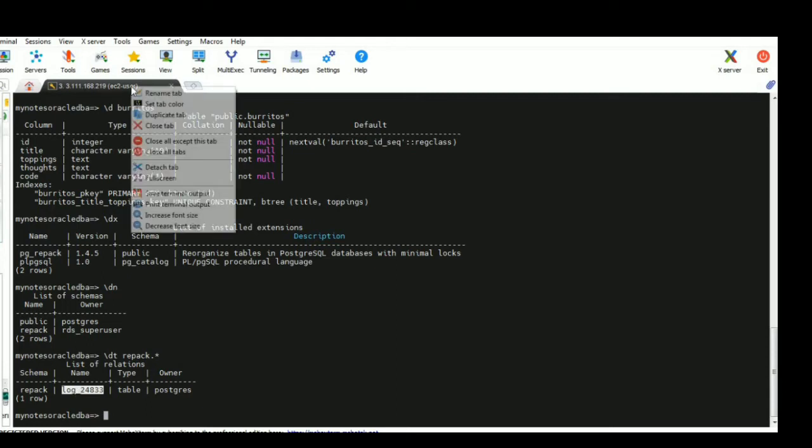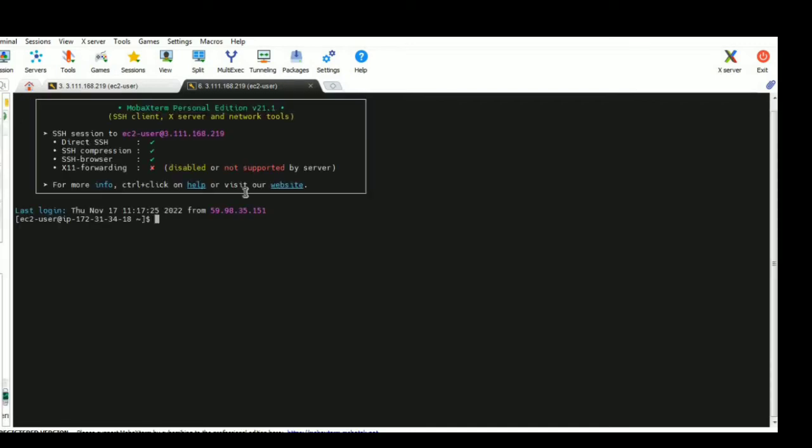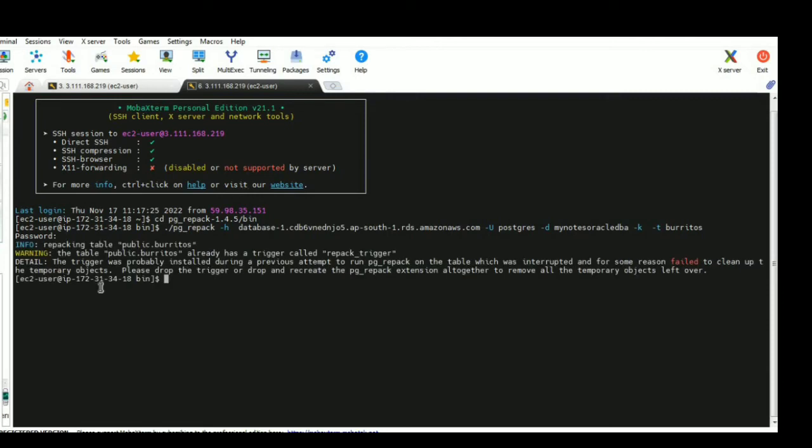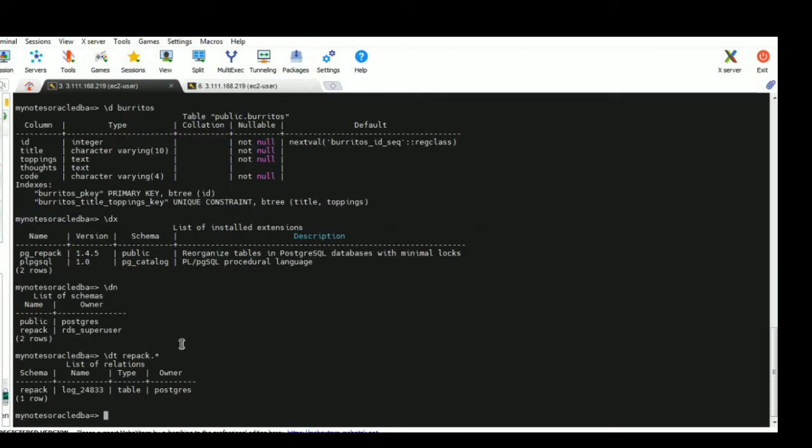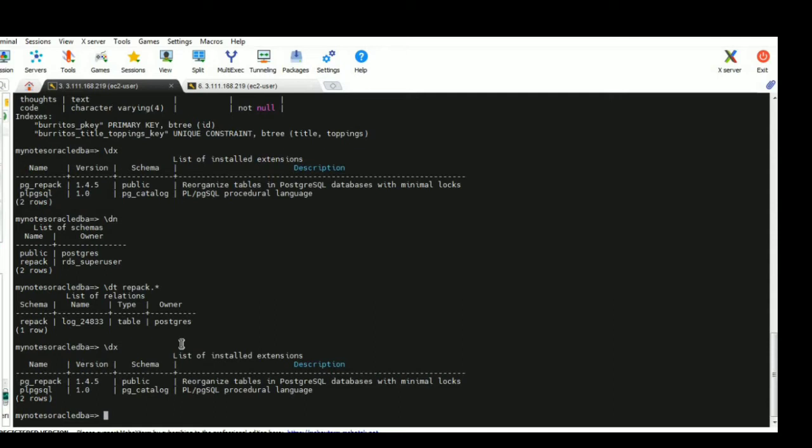Now I'm just duplicating this bastion, and executing or re-performing this PG repack. So we got an error like this: the table already existed, trigger called repack trigger. So what we have to do, as we know, once we install the PG repack extension, it creates this PG repack schema, this repack schema. So what I'm going to do is drop this